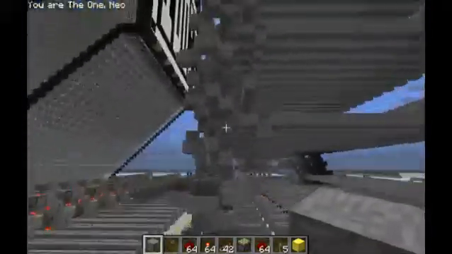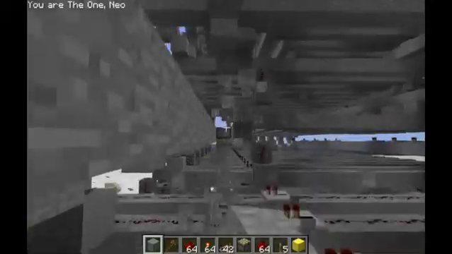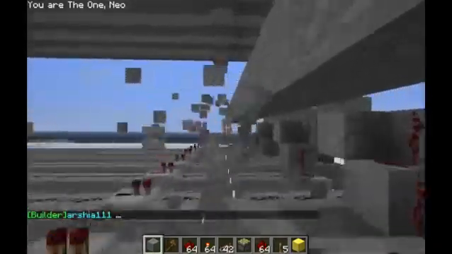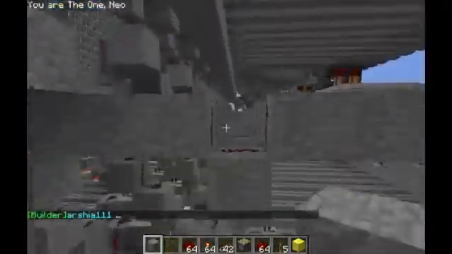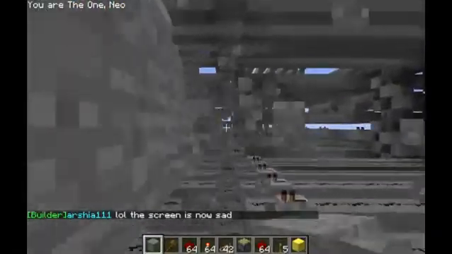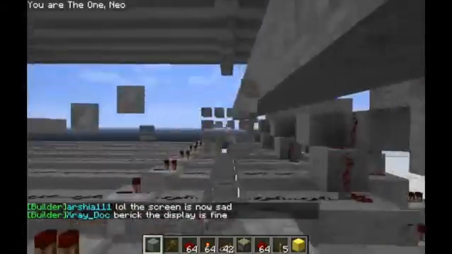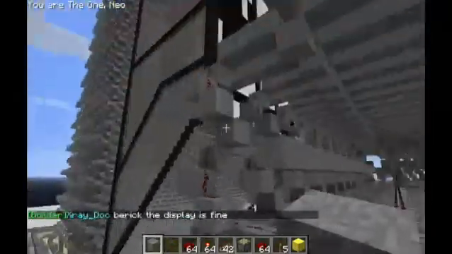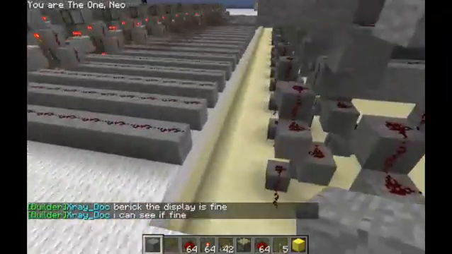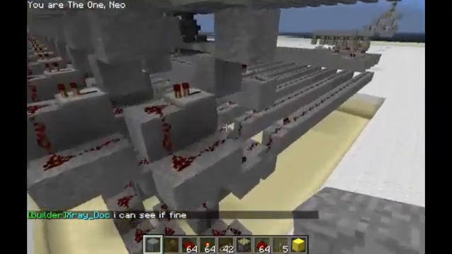Alright. So there's that one. And that one. Break all the invisible blocks. And this one. This screen is sad. It's a very sad screen. Yeah, display is fun. The only thing we have to do now is make sure that